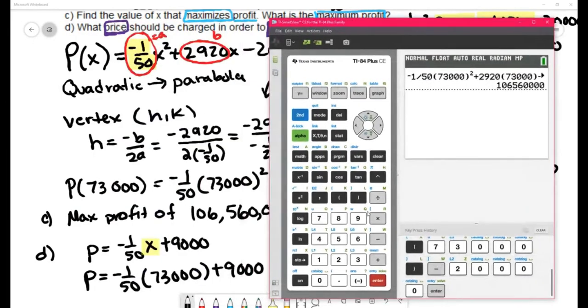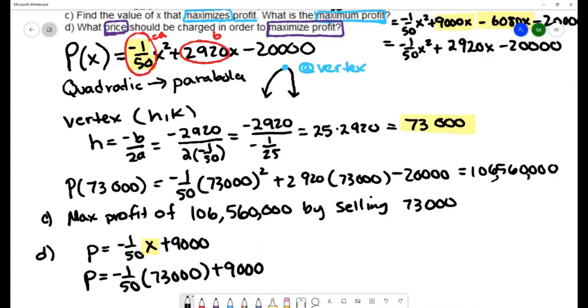And we're going to do negative 1/50th of 73,000 plus 9,000. And that gives us 7,540. So we got that price that should be charged to maximize the profit to be